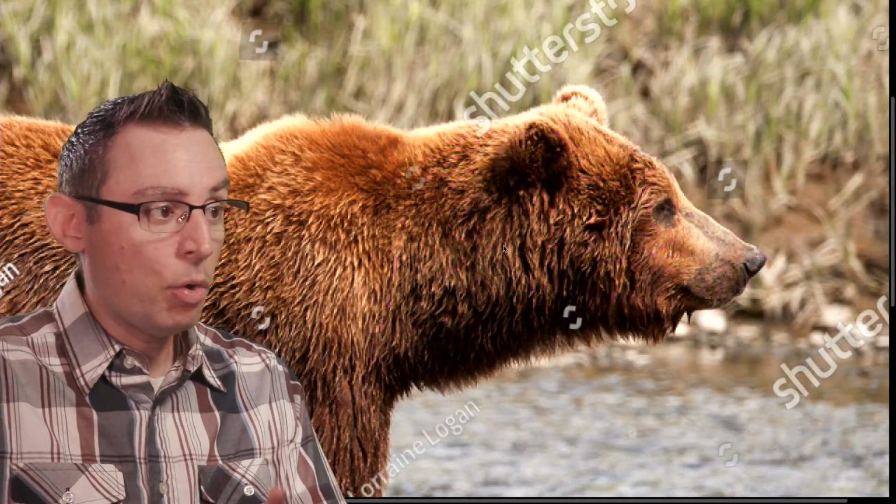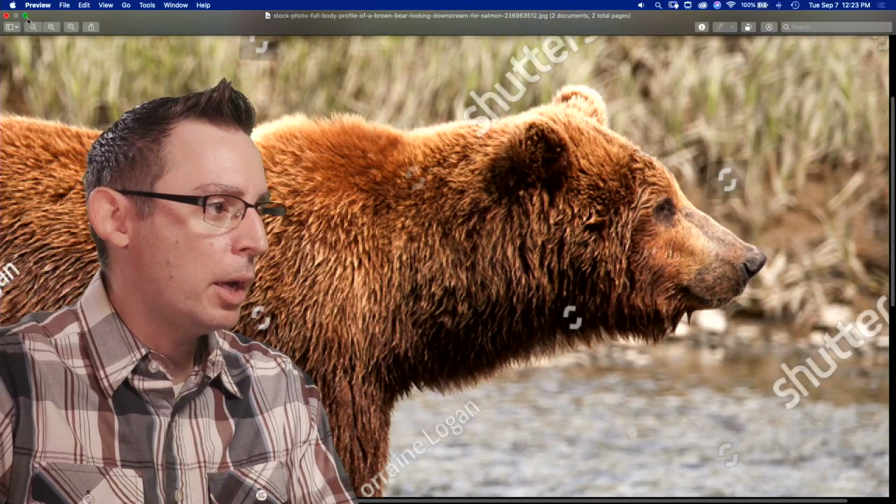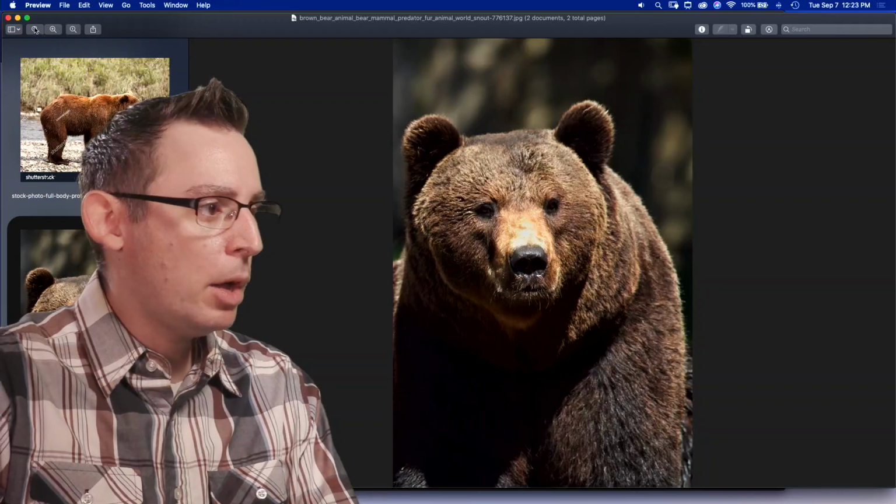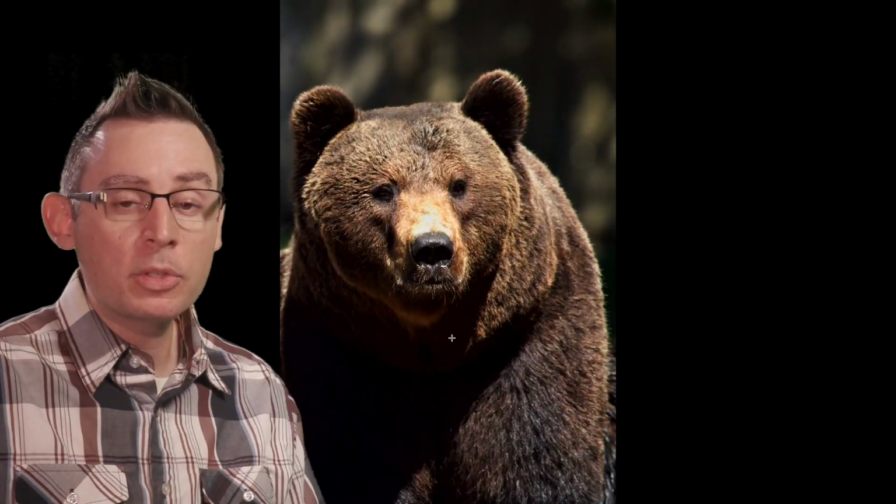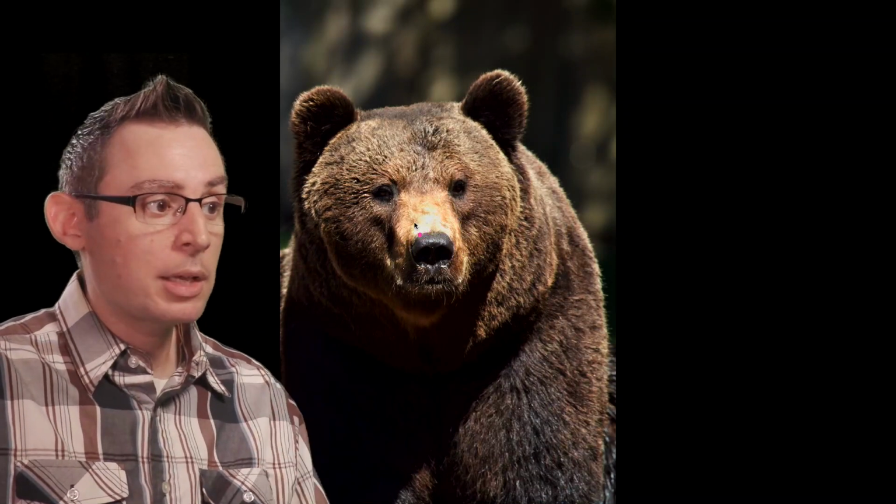Now, if you're lucky, and I hope that you've done a solid job at this, you can find some other reference images that define the way that this shape is going to look from an alternate view. And I've been lucky, I was able to find a bear from the front, and we can already start to see some of those planes come into action. Here's the orbit of the eye. If you look real carefully from the front, you get a really nice indication here as to the plane break from the orbit of the eye going downwards to that jawbone and into the cheek itself. That's an important plane break. We can see that from some distance.